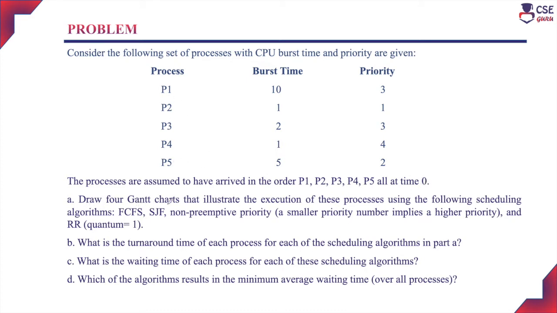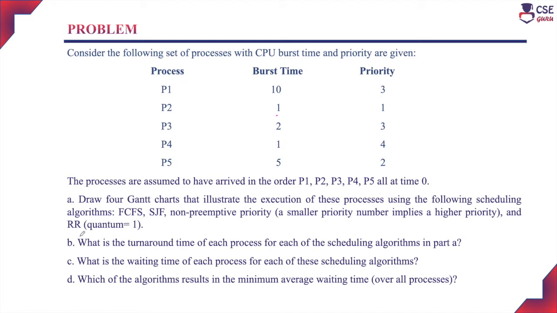Draw 4 Gantt charts that illustrate the execution of these processes using the following scheduling algorithms: FCFS, SJF, non-preemptive priority. Here we have to consider a smaller priority number implies a higher priority. So 1 is the highest priority. And round robin scheduling with time quantum 1 millisecond. So we need to implement the first come first served scheduling algorithm, shortest job first algorithm, non-preemptive priority scheduling algorithm, and